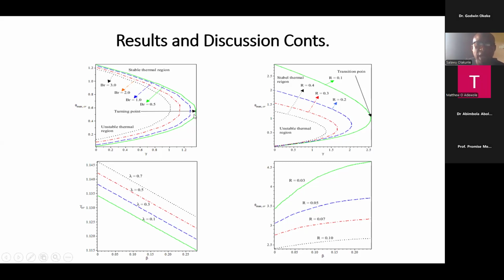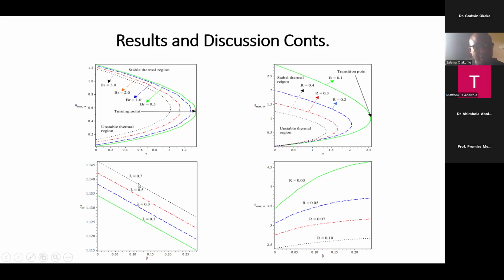And with this, as the heat increases to this level, you make a turn, and that makes the system stable, and we will not experience a breakdown or blow up of the thermal system. So we also check the effects of parameters on the Frank-Kamenetskii term, so we plotted here these two graphs. For this particular graph, the Frank-Kamenetskii term was plotted against artificial energy. So we now check the variation in lambda.